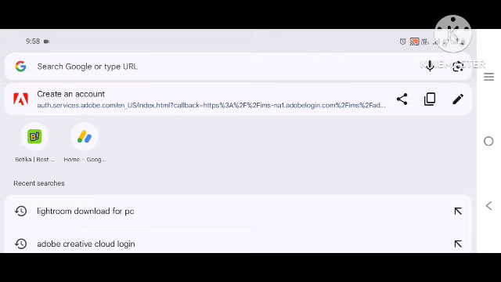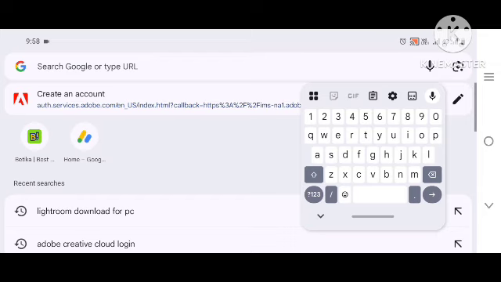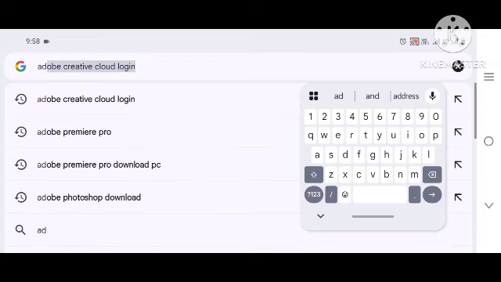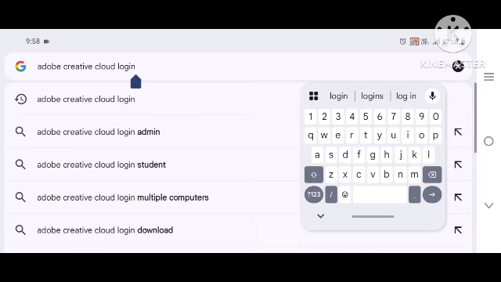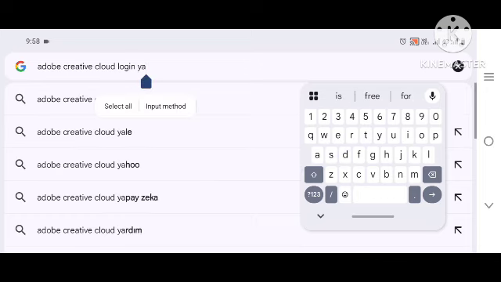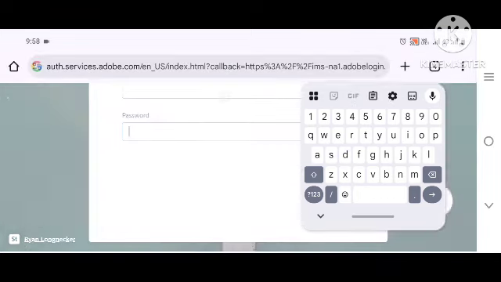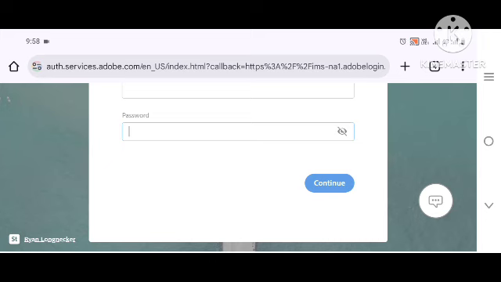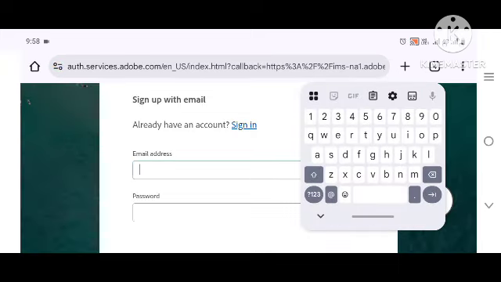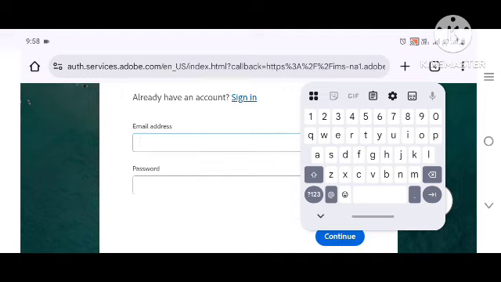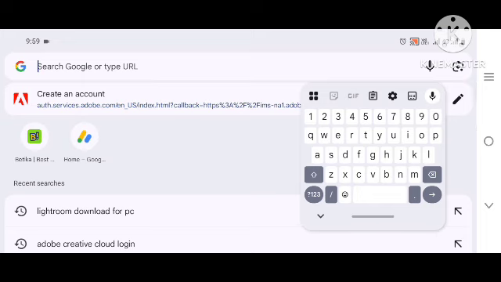You can just sign in online by searching Adobe Creative Cloud. Already I have it here, Adobe Creative Cloud. Then you can sign in or log in. You can create an account, or sign in. If you have created an account, you only need your email and password. After that, you come and search Adobe